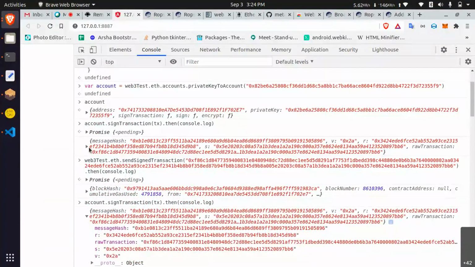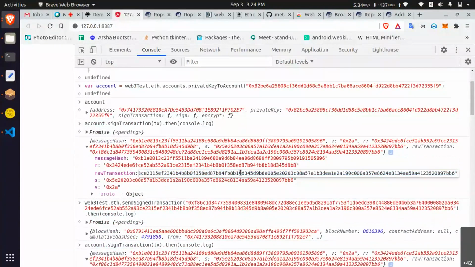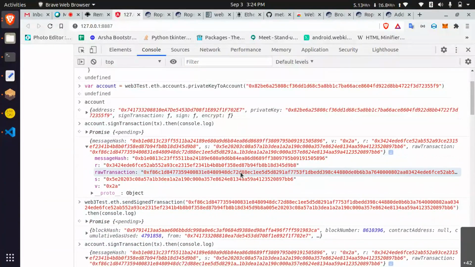While signing, you can get the raw transaction data. So you just copy paste the raw transaction. Anyone can publish this raw transaction, not only the people who signed. Anyone can publish the transaction, so the transaction will be published into the blockchain. Here I'm just broadcasting into the blockchain.